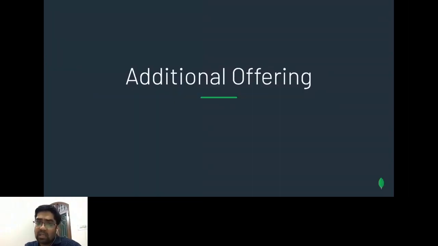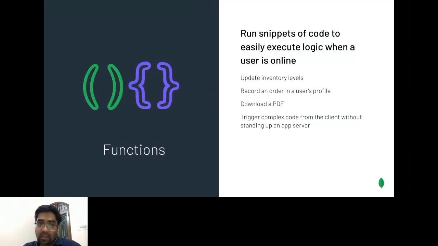So what additionally does this platform offer? This is all good, but if you're moving to a new ecosystem, you should understand what additional offerings it has. It has functions, so it allows you to write cloud functions which you can use to process some data on a cloud level and insert it into your DB.